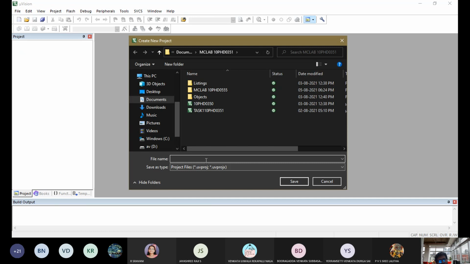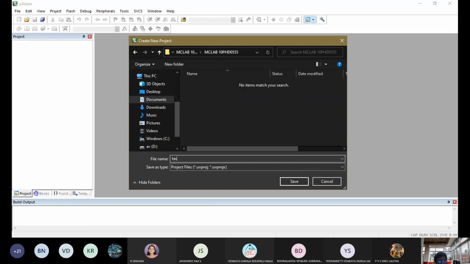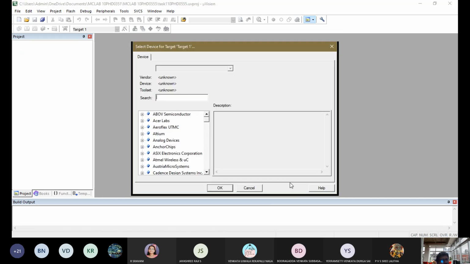I have already created 10.5 in this, and new task 1. Please note down this: create new project. Here I had selected the existing project, so that's why it says it already exists. So I'm creating it, save it.